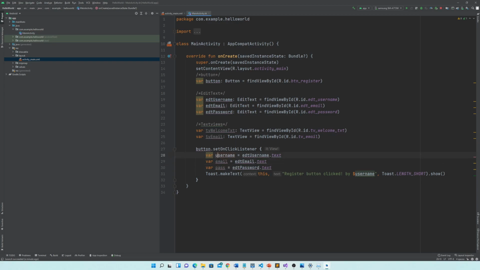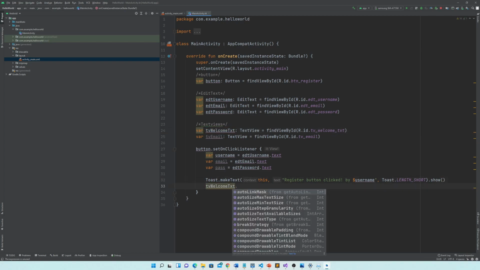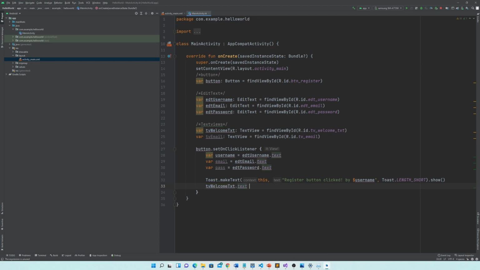In these variables we are saving the password, email and username. Once we get the username, email and password, now we have to set those in the welcome text. So welcome text dot text is equals to